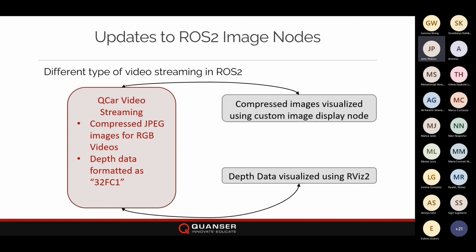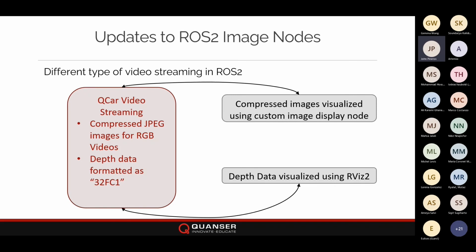Looking at images and the way that they've developed, we've taken a step back and looked at what would be the most efficient way of streaming image information. In this case, ROS has a compressed image message as one of the data types that's available, which gives us the ability to send information much faster than the regular image message type. Now, this all is limited depending on the actual ROS distribution that's available. So in the version of ROS 2 that's on the car, which happens to be Dashing, compressed messages